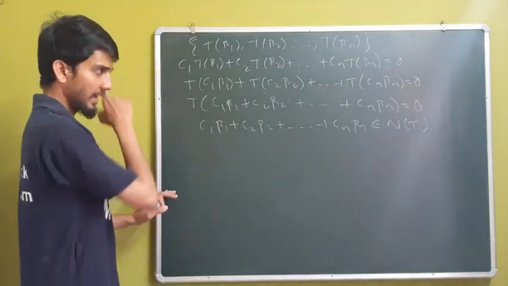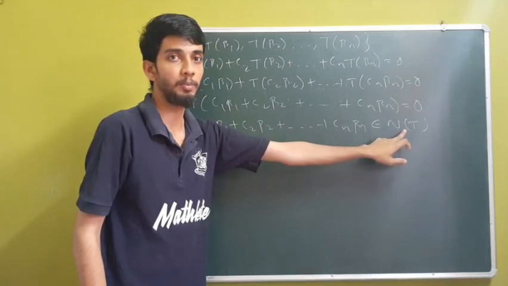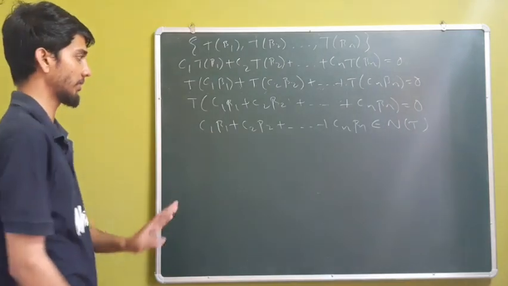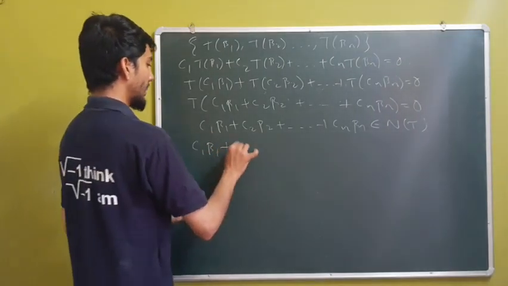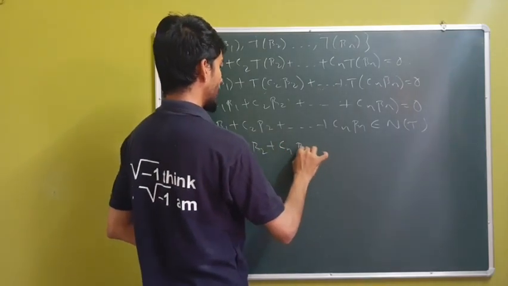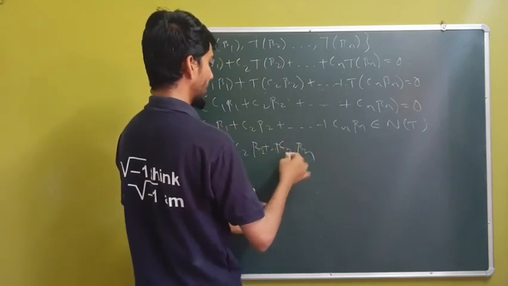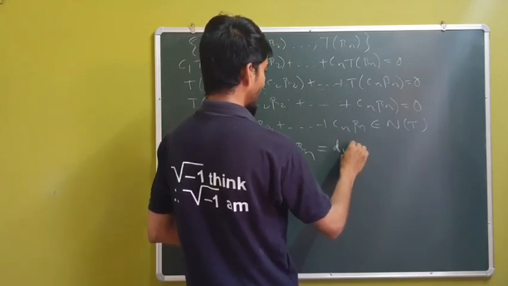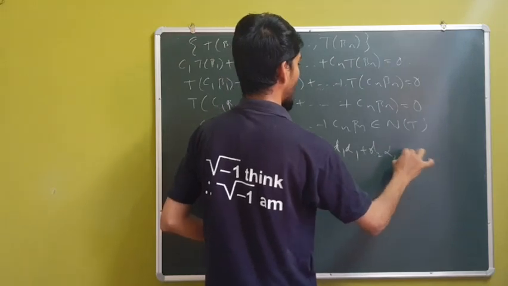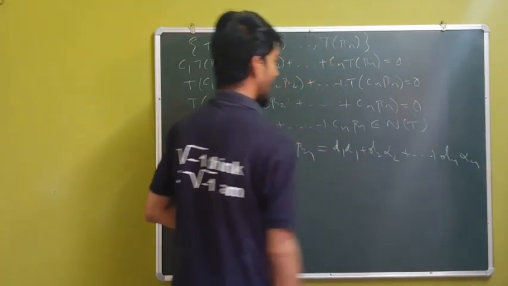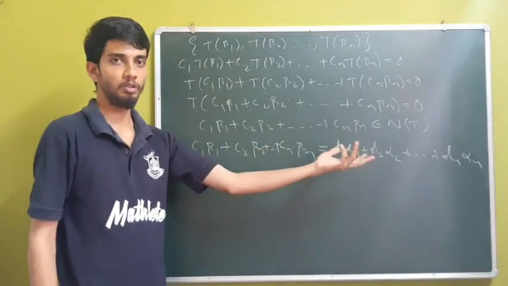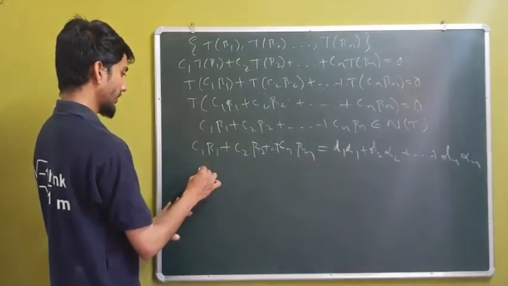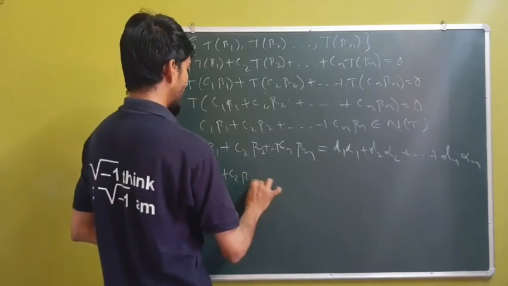Now this implies, as P is the basis for the null space, where P is alpha 1, alpha 2 and so on up to alpha m, we should have C1 beta 1 plus C2 beta 2 plus and so on up to Cn beta n to be equal to some linear combination d1 alpha 1 plus d2 alpha 2 plus and so on up to dn alpha n, because that set alpha 1, alpha 2 and so on up to alpha n is a basis for the null space, so we should have this, and this implies C1 beta 1 plus C2 beta 2 plus Cn